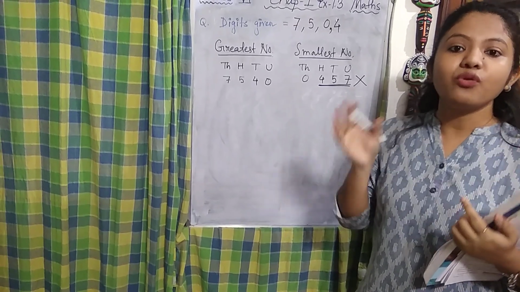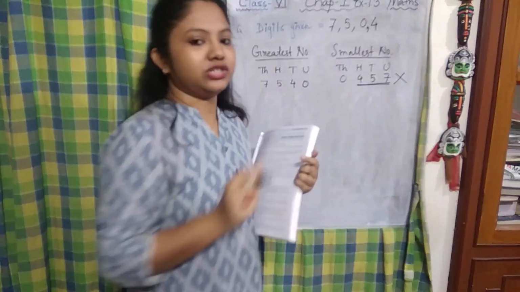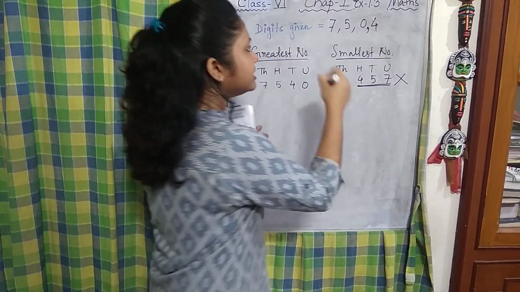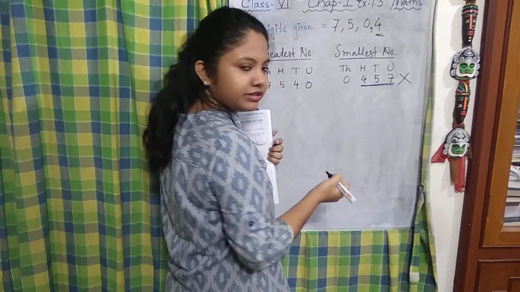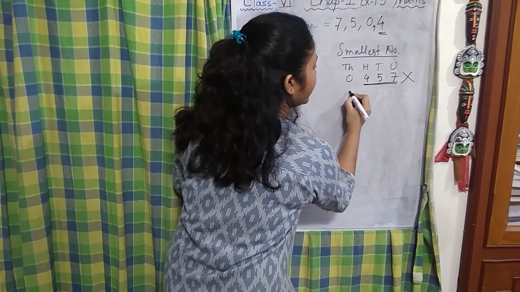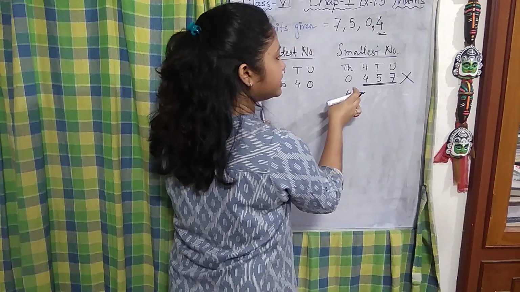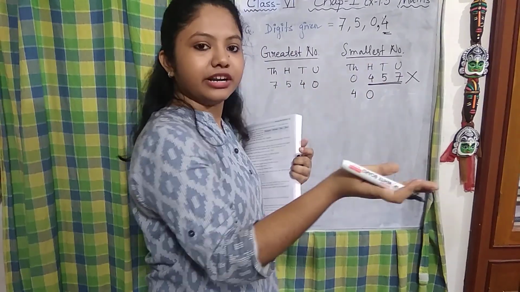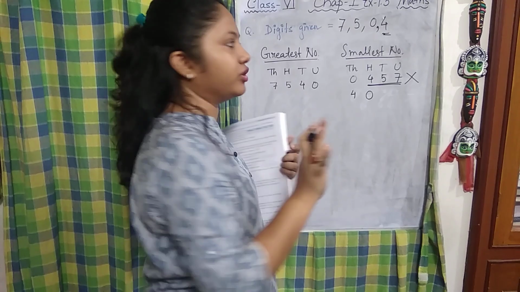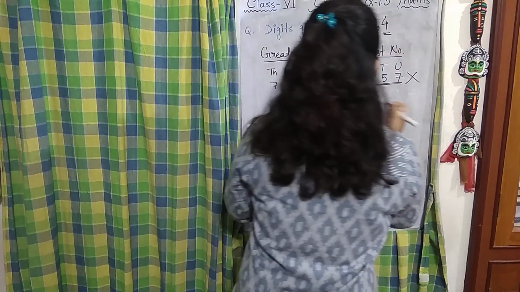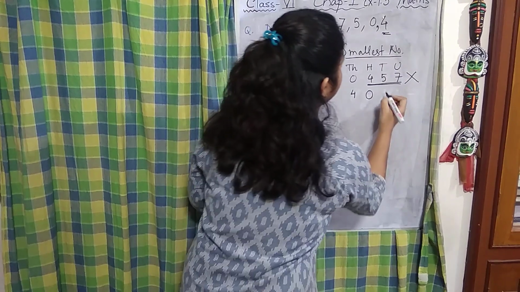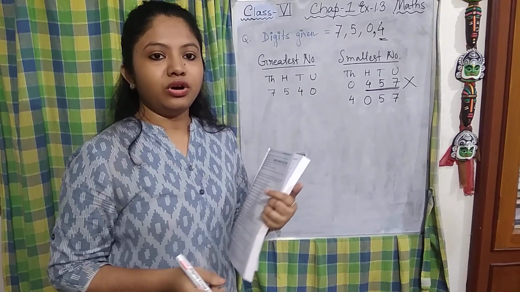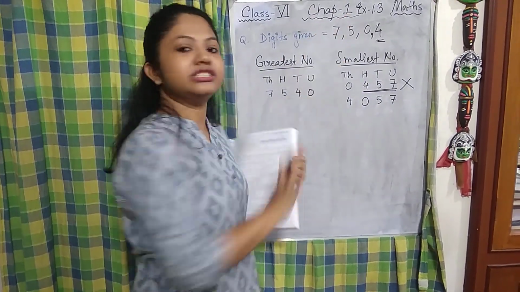So what do we have to do? There is also a small trick. We have to find the second smallest number. Which is the second smallest number? 4, right? So just flip the position of 0 and 4. Take the 4 in the first position, the extreme left hand side, and then put the 0 after that. Then follow the ascending order. So 4 0 5 7. So that is how to do it when 0 is included.